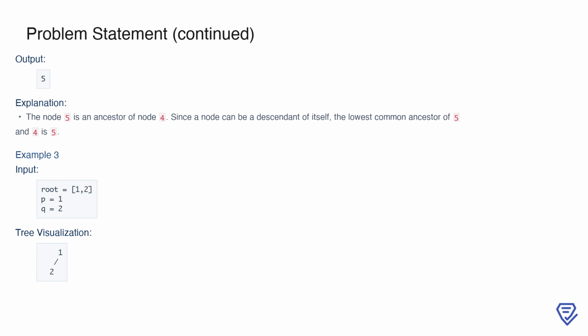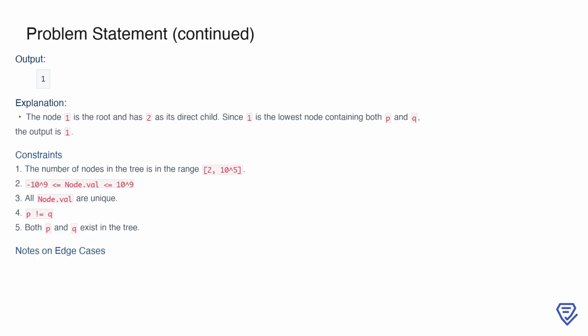Now, let's consider one more example to solidify our understanding of the LCA in binary trees. Here, the binary tree is much simpler, with just two nodes. One is the root and 2 is its left child. The input specifies P equals 1 and Q equals 2. The output is 1, because 1 is the root of the tree and directly contains 2 as its descendant. Since it is the lowest node that includes both P and Q, the LCA is 1. This example demonstrates that the LCA can also be the root of the tree when one node is the parent